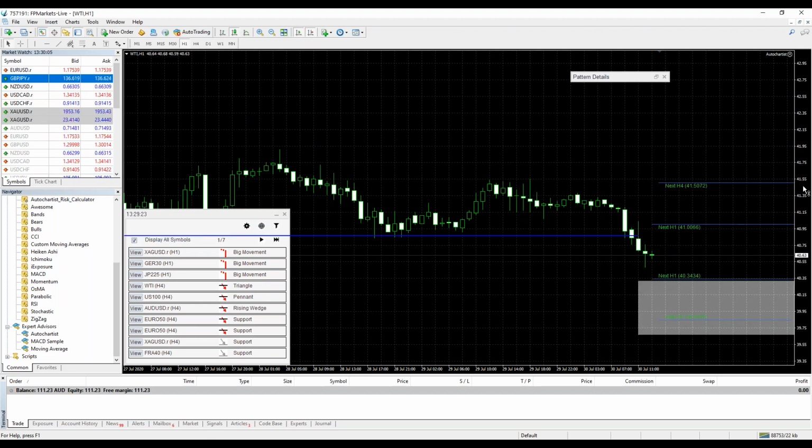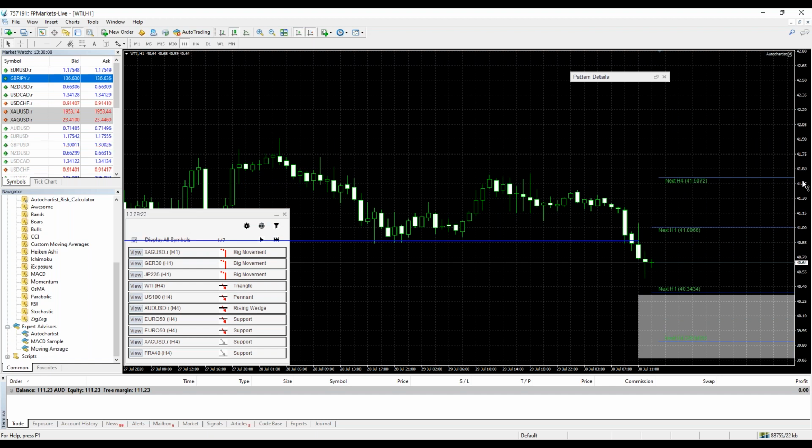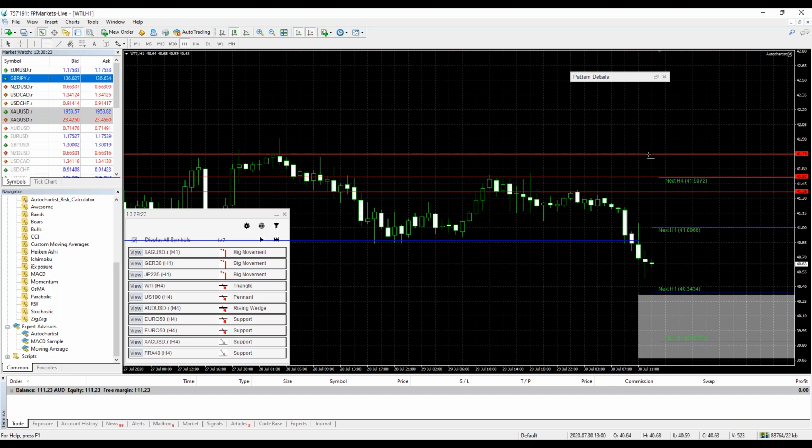So when I look at this West Texas right now, I'll show you what I see. I see a consolidation level over here. I see more consolidation over here. I see more consolidation over here, right? For me, those are kind of the key consolidation levels. Of course, there's the one which is drawn by the actual support level by Autochartist, so I'll remove that one. Those are the levels that I see. So if I'm going to be trading, oh, actually, there is one more. It's this one over here, right?